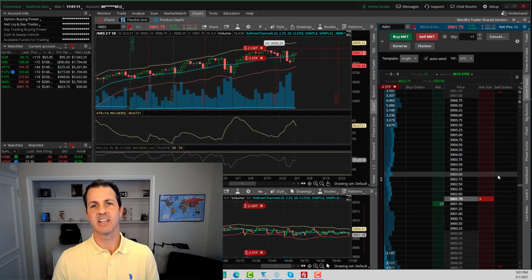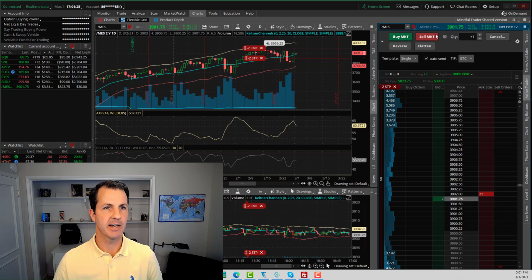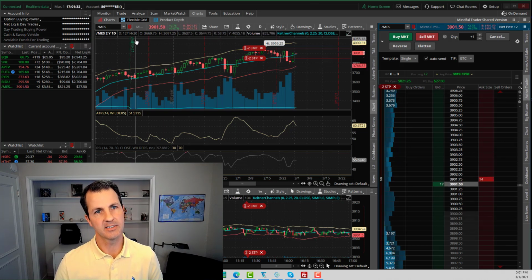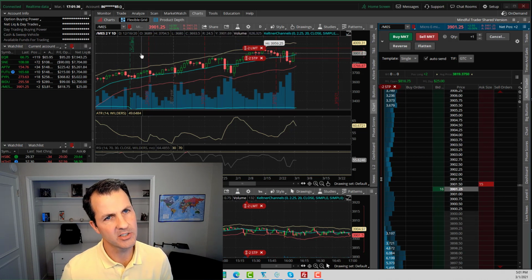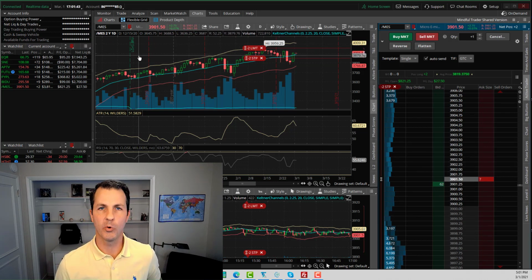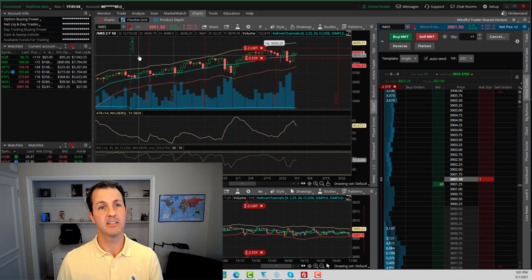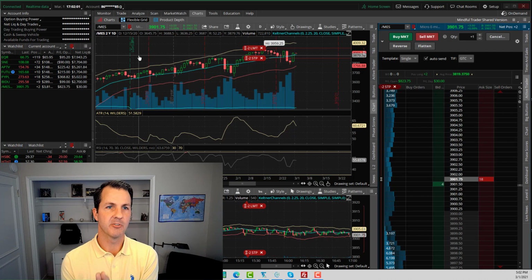So expiration dates. Each futures contract actually has an expiration date, and what I do is I trade the nearest term expiration date. And in fact, I can see right here on this chart, you can see this green dashed line, and it says /MES H21. And the H21 is a code for the expiration. And in your trading platform, that in fact may be the way you need to enter the ticker to look it up. You may need to type /MES H21 or whatever the code is for the current